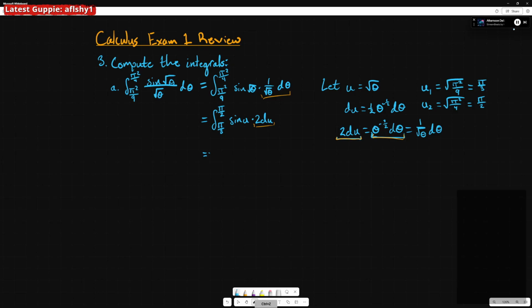Now it's 2 times the integral from pi over 3 to pi over 2 of sine of u du, which is equal to 2 times the integral,